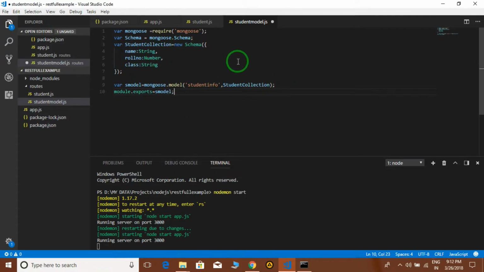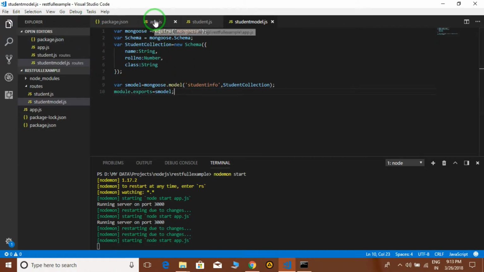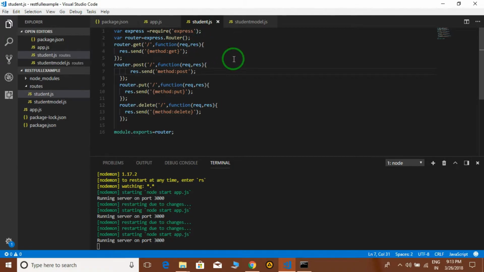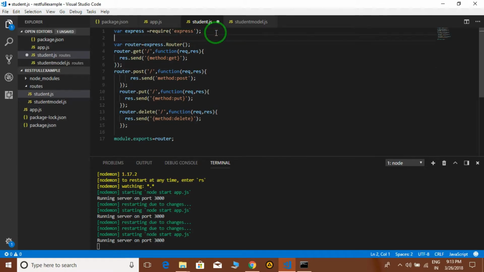Okay, the schema has been made. Now this schema we are going to use here for storing data, for inserting a record in post. Now we have to import this module.